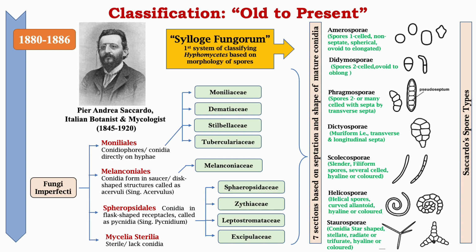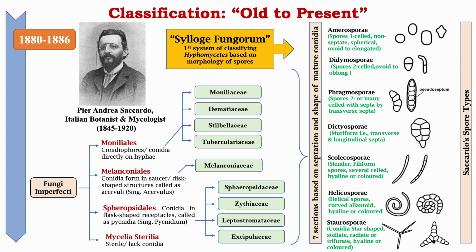The organisms grouped under Moniliales had the characteristic feature that conidiophores or conidia are directly borne on hyphae. These were further grouped into 4 different families: Moniliaceae, Dematiaceae, Stilbellaceae and Tuberculariaceae,